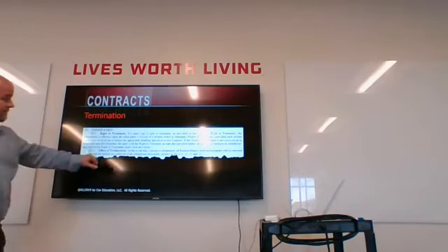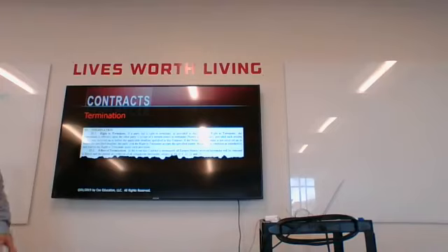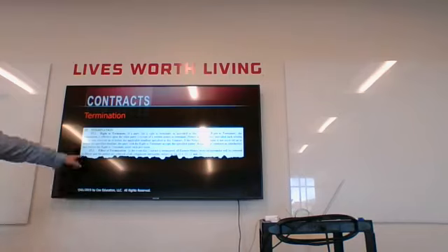So now the effect of termination. In the event that this contract is terminated, all earnest money received hereunder will be returned to buyer, and the parties are relieved of all obligations here. So that's why I always caution people when they're talking about, hey, this party's in default, this contract's terminated. I don't know if you want to use the word terminated and default in the same section, because here's the effect of termination, is you're conveying that buyer's getting